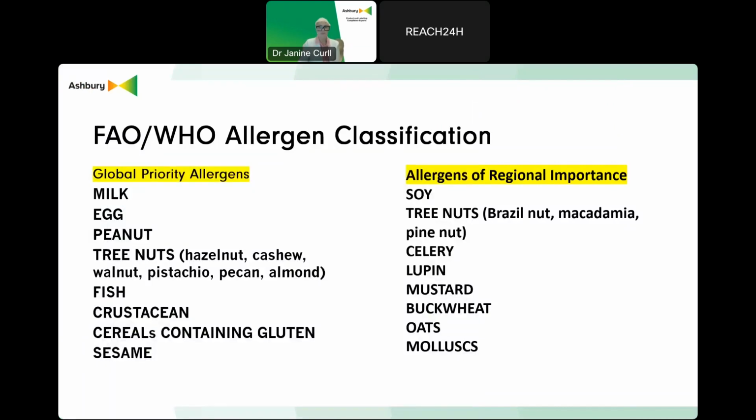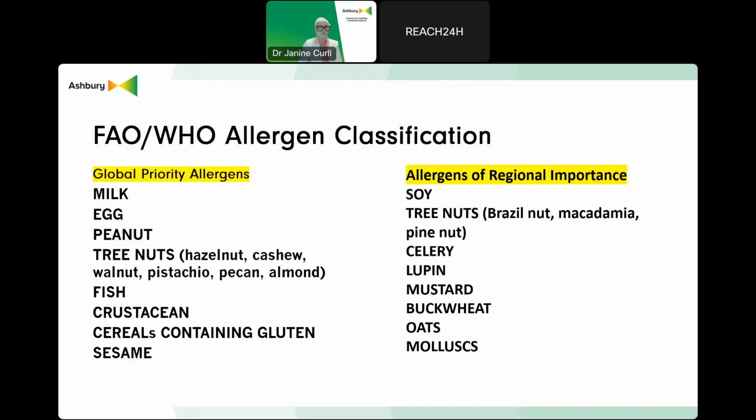So when we talk about jurisdictional differences in allergen labelling, a good starting point is the FAO-WHO framework. They've developed two key lists that all jurisdictions reference: global priority allergens and allergens of national or regional significance. The two lists are based on a risk-based approach and consider factors like prevalence, potency, and severity of allergenic reactions.